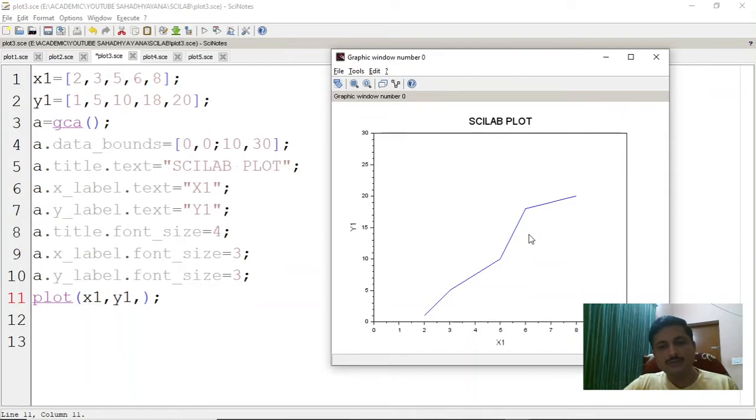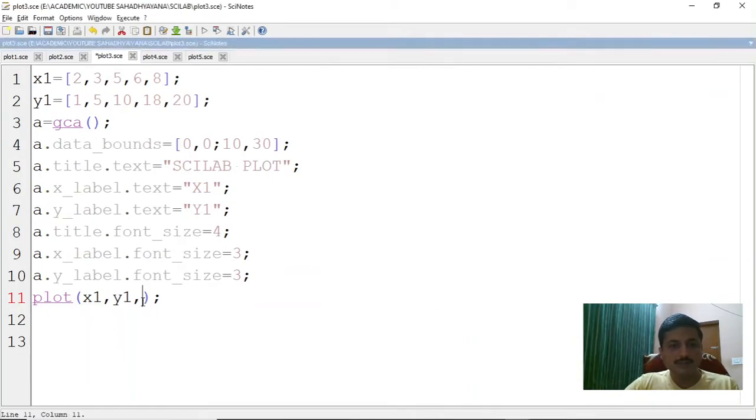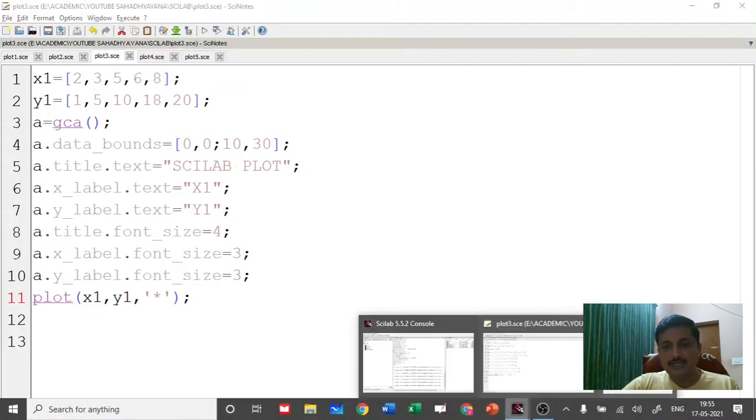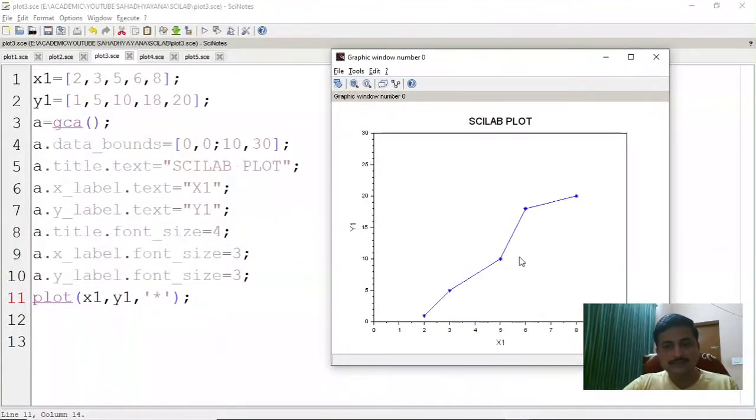So if you would like to mark those points, after x1 comma y1, put a comma, put single inverted comma and put a star here, or anything, a circle, write an O there, whatever. And if you execute this, you can see that those points are now marked properly.